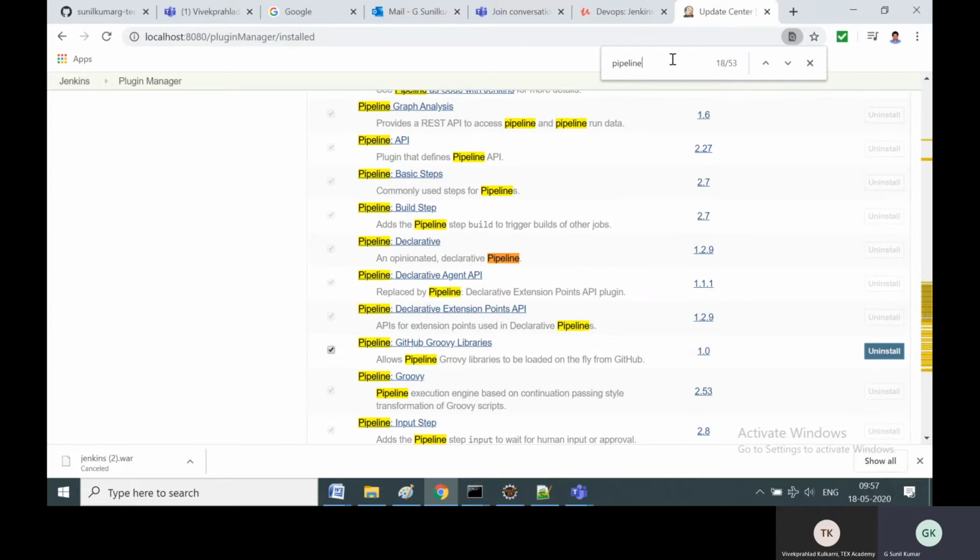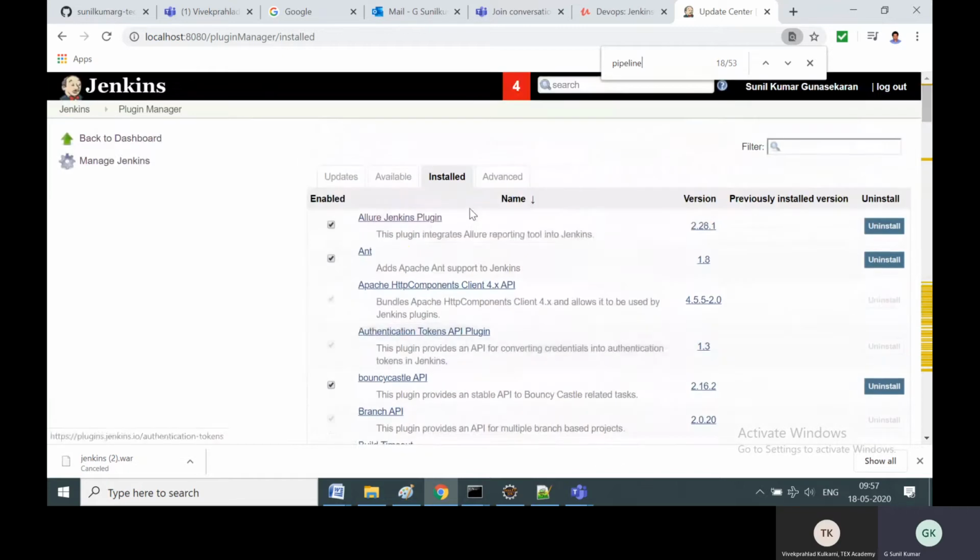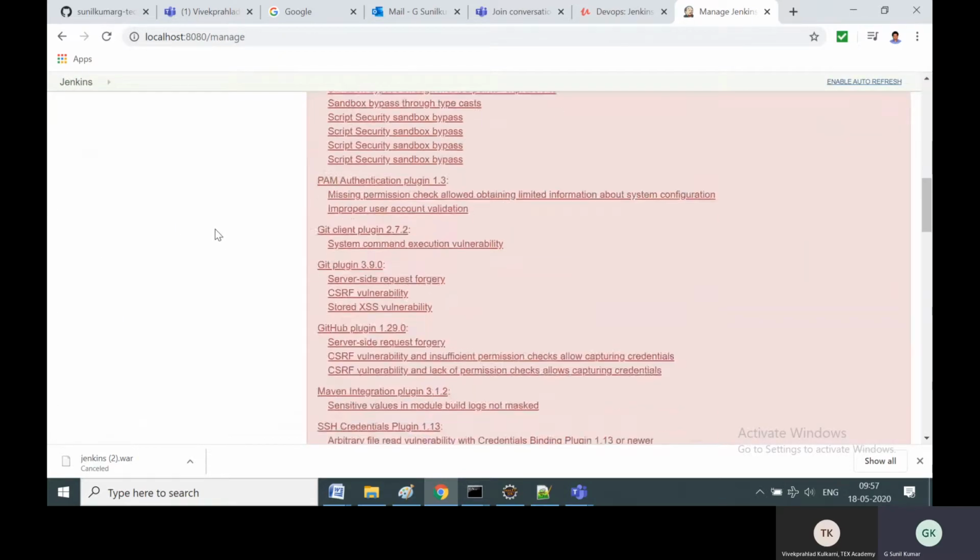Okay. In reality, you might be installing 55 plugins. There are many plugins available in the market now for Jenkins. These are the 4 plugins I showed you, but in the customer environment, you might require 10, 12 plugins, and each plugin suite will come with 2 to 4 plugins. Like Pipeline has 2 to 4 plugins, GitHub has 2 to 4 plugins. You can install all of them, and once you install, it will be available in the installed tab. That's about Jenkins. So guys, you are clear.